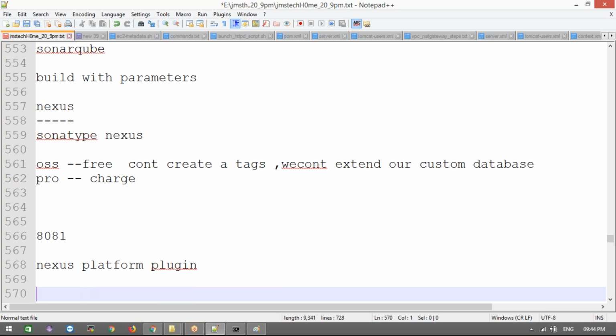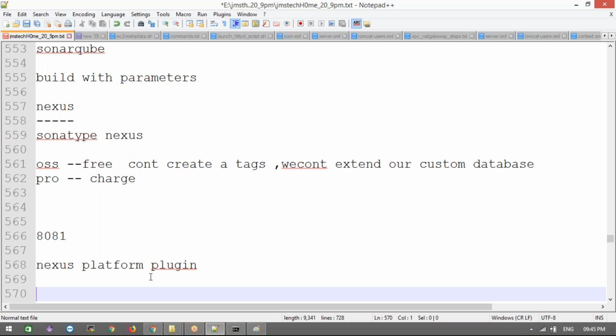And remember one thing, this Nexus integration can be done in two ways: through Maven pom.xml, or through our plugins. If your developer has written the code for pushing the artifact to the Nexus repository, we don't need to integrate the Nexus repository. By default the pom.xml will push to the repository. If they haven't configured it in the pom.xml file, then we must install the plugin. This is what we are going to learn now.